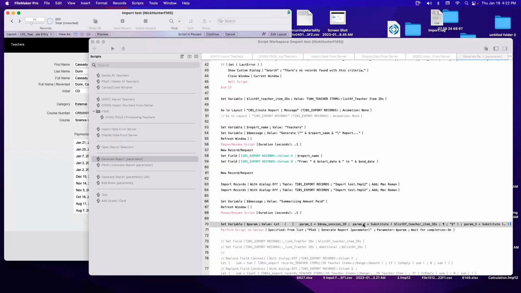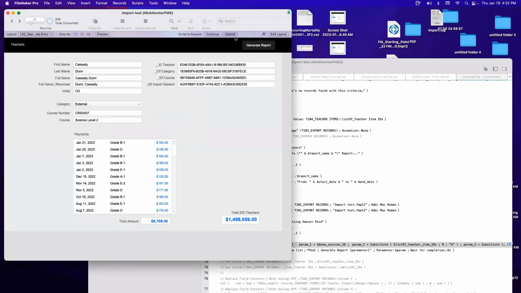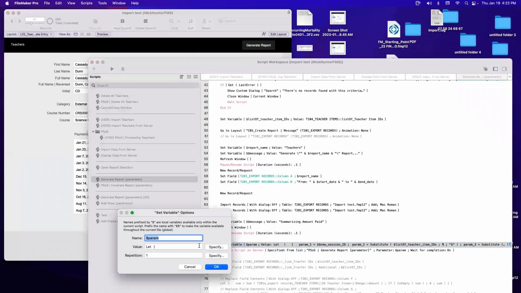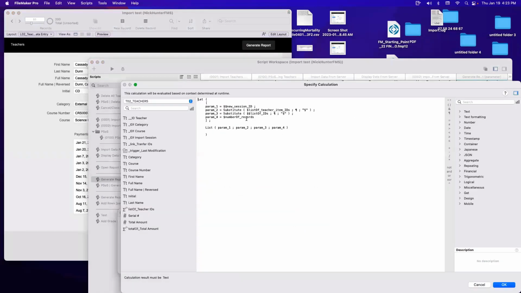Also, you send to the server the list of the IDs of the teachers, right? So this is a list of the teachers. You send that to the server. So he has a list of the items and he has the list of the IDs. And then I need the number of records because I found